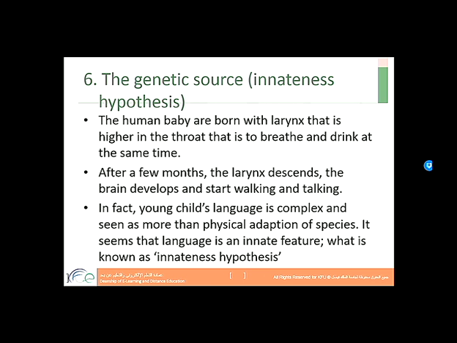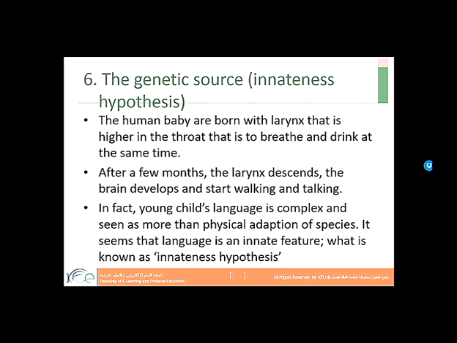So it seems that language is an innate feature. Here we can raise a very important question: what are the reasons for this rapid development? Is there any sort of innate feature? This is just a speculation.